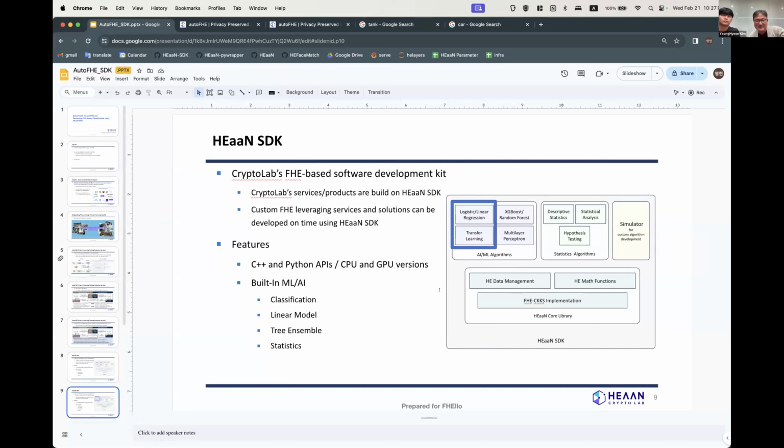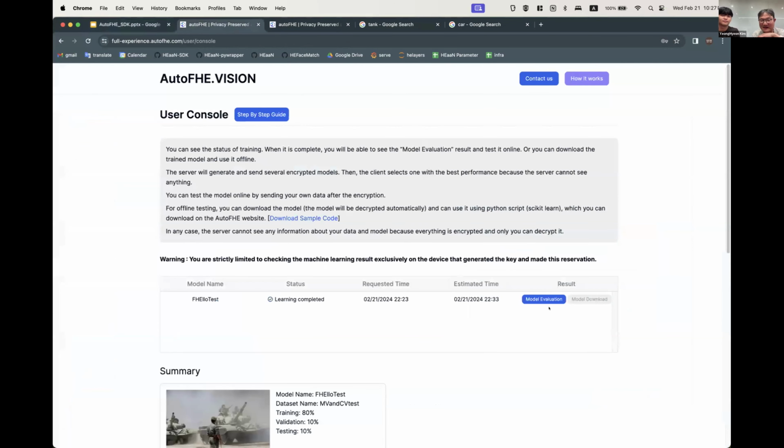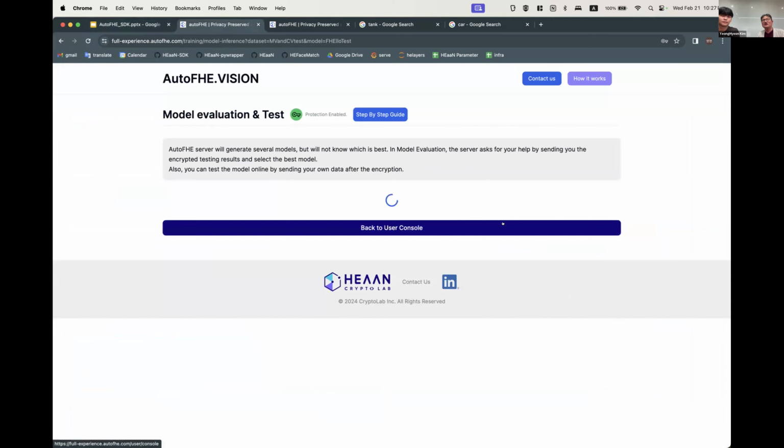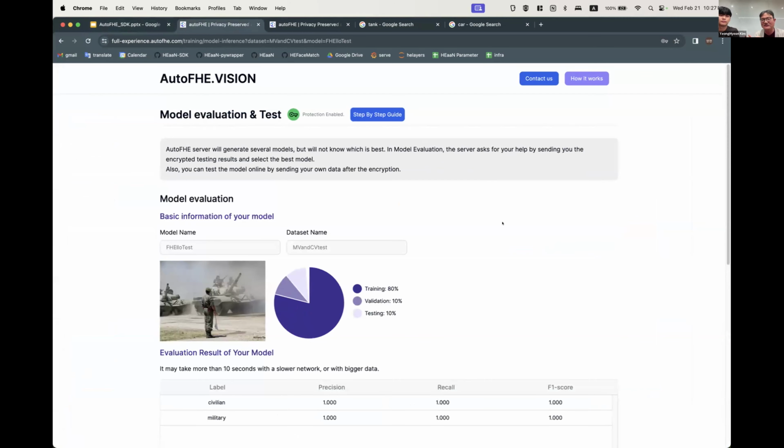I think that maybe the training is completed. Yeah, the training is completed. So if I push the model evaluation button, the trained model will be tested using the validation set. If I select the Fulton data, the training data is 80%, testing data is 10%, and validation data is 10%.